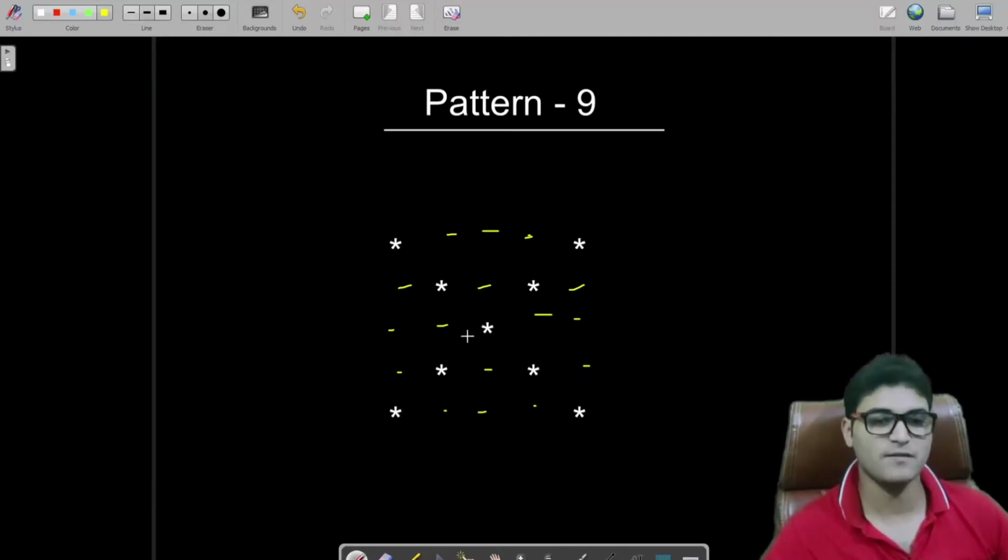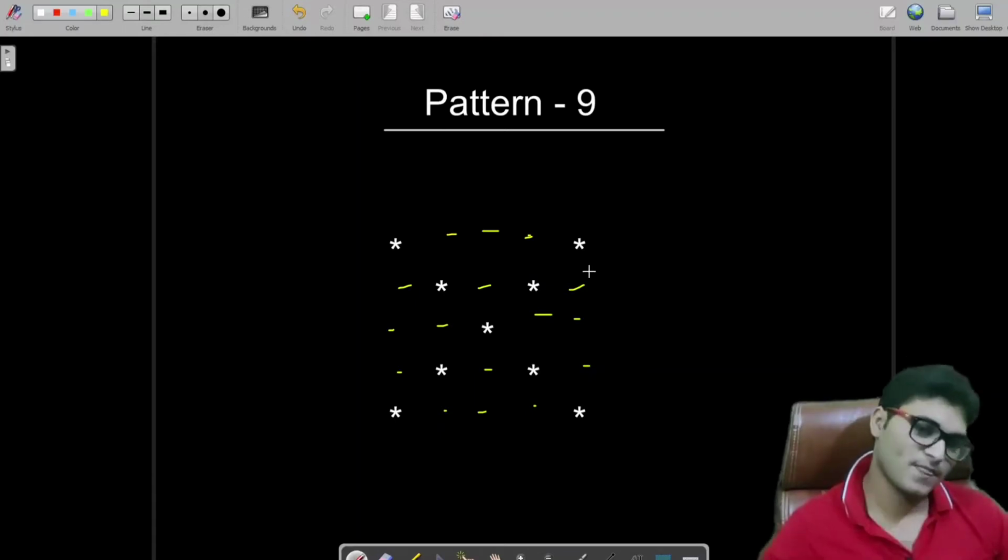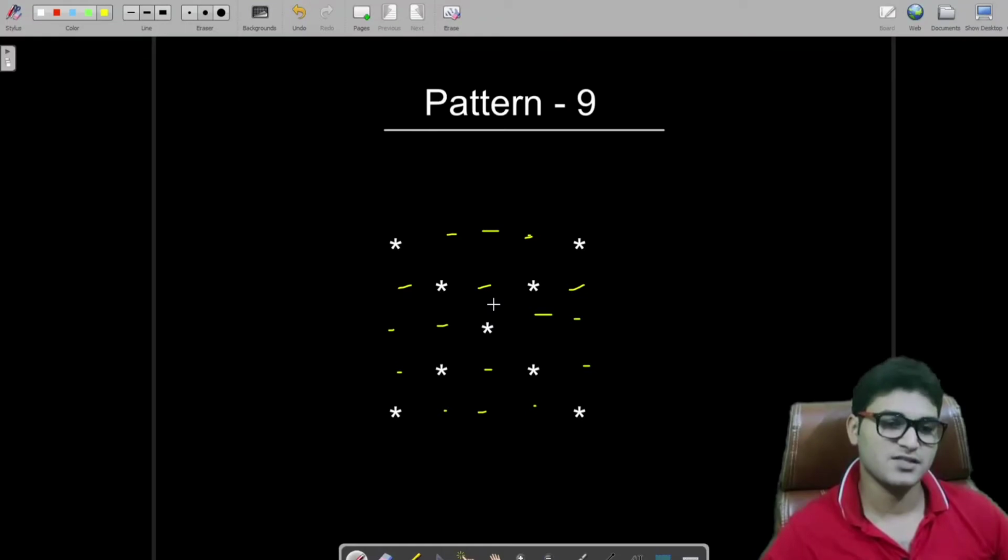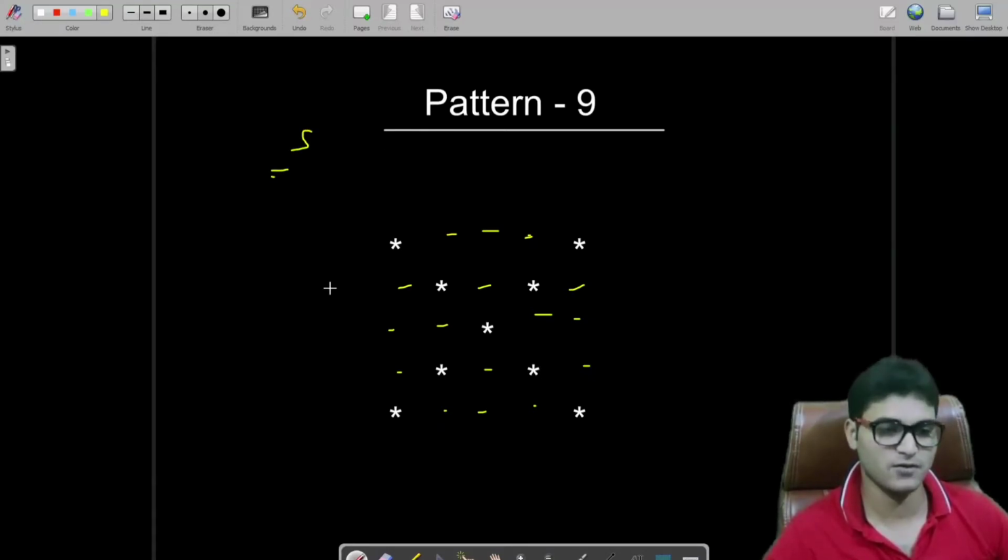Actually it's a square, but we are printing somewhere spaces and we are printing somewhere stars, so that our output should be visible like this. Fine. So now this is the first step, and I missed something, that is, this is the pattern for size 5. So there are 5 rows and there are 5 columns also.